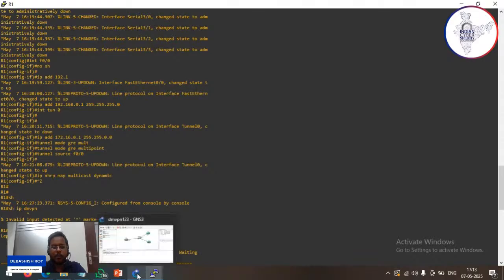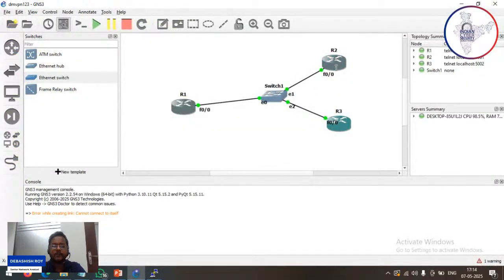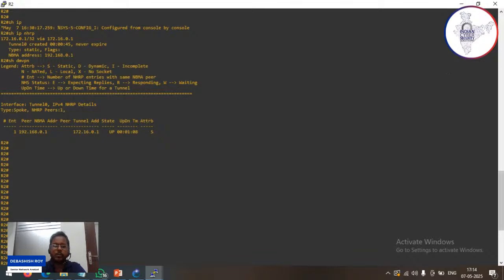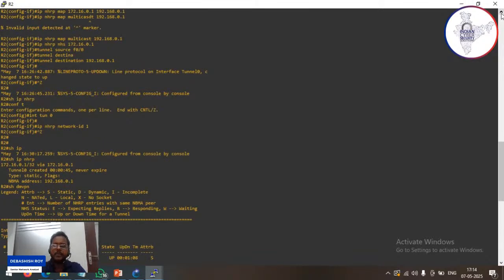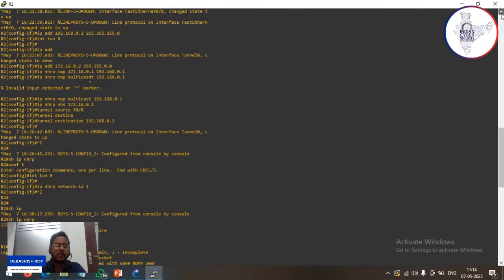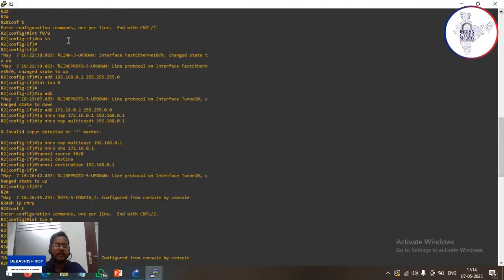Now go to the spoke routers. As you have seen, I've configured 2 spoke routers. These are 2 spokes. So let's go to the R2, and you can see the configurations up there. I have given the IP address in the first Ethernet port as the NBMA address 192.168.0.2 and tunnel interface 172.16.0.2, and then I'm mapping IP NHRP map with the tunnel interface to the NBMA,